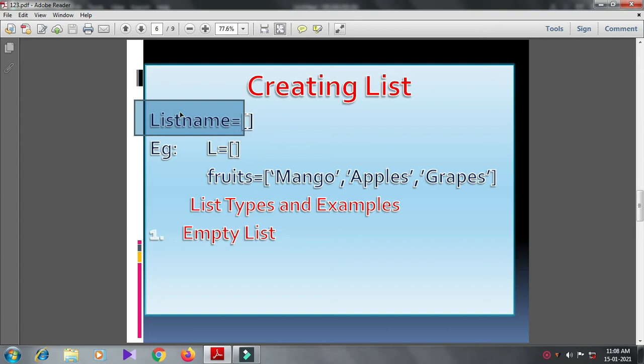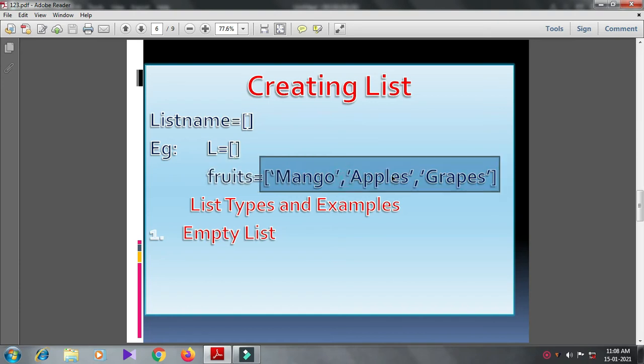A list can be populated with any type of values or collection of items by enclosing them inside square brackets as shown in the example given below. For example, fruits equal to mango, apple, grapes. Here we have a list of fruits having 3 items, 1, 2, 3. Mango, apple and grapes, separated by a comma and enclosed inside square brackets. Okay, other examples of list are